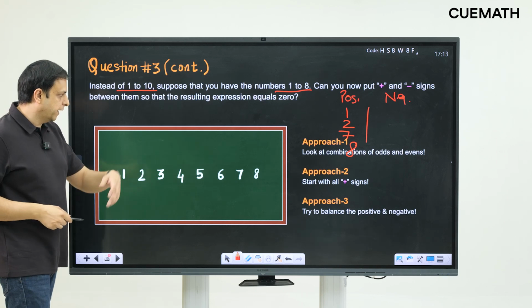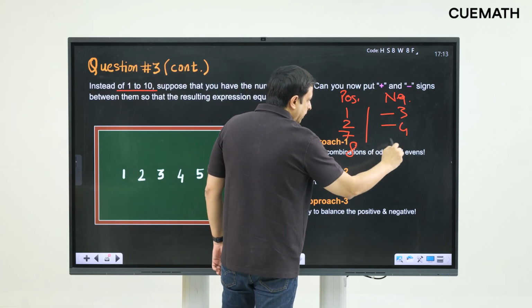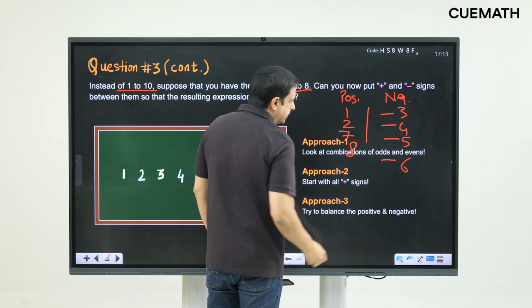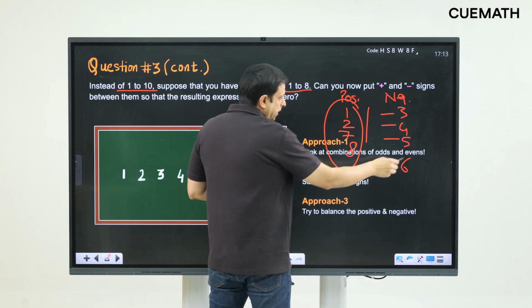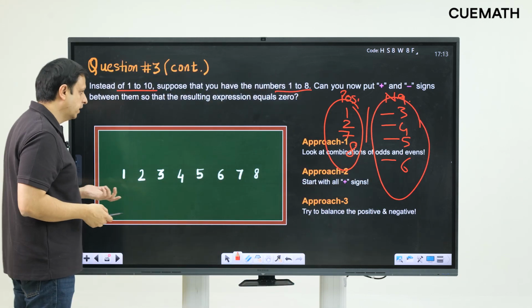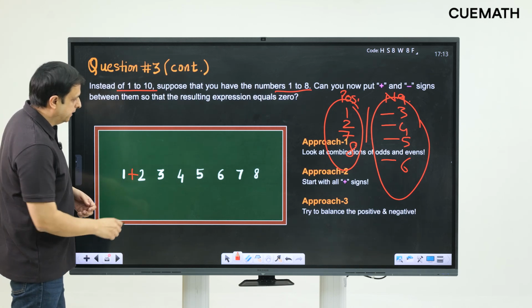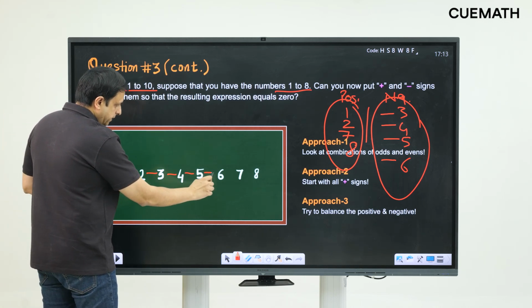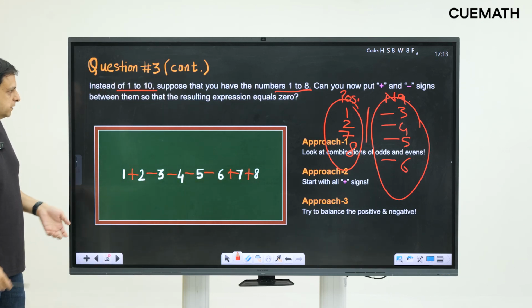the negative column. So 3, 4, 5, 6, I will put on the negative column. So minus 3, minus 4, minus 5, minus 6. And now you can check that the sum of these integers is 18 and the sum of these integers is minus 18. So the sum is 0, and therefore all I need to do is 1 plus 2 and then minus 3, minus 4, minus 5, minus 6 plus 7 plus 8, and that gives me 0, and